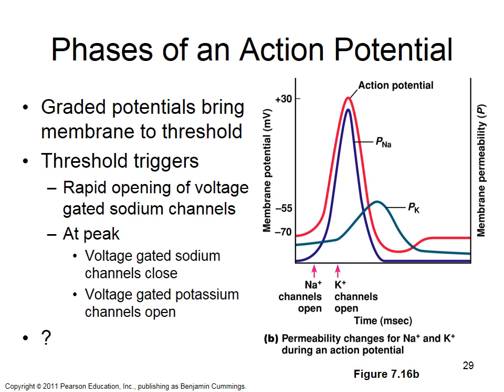Yes? So you said that at negative 55, the sodium channels open. So how does the cell get from negative 70 to negative 55? Good question. How does the cell get from minus 70 to minus 55? That's an excellent question. Who knows the answer? Yeah, they're graded potentials. Exactly. Graded potentials are what bring the axon hillock to threshold.